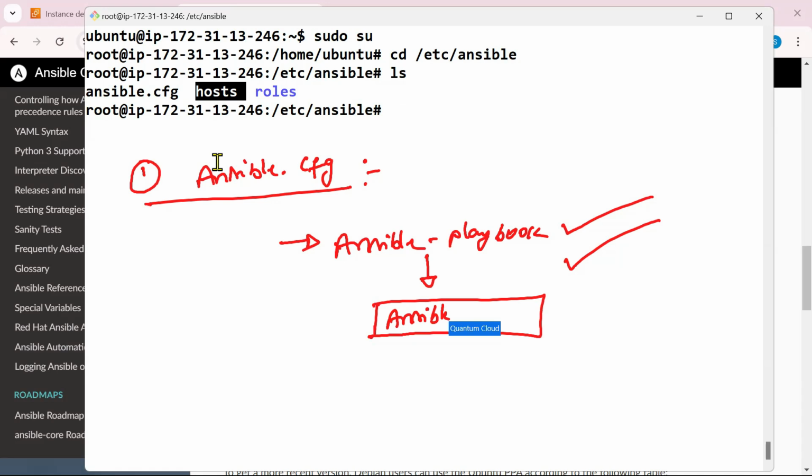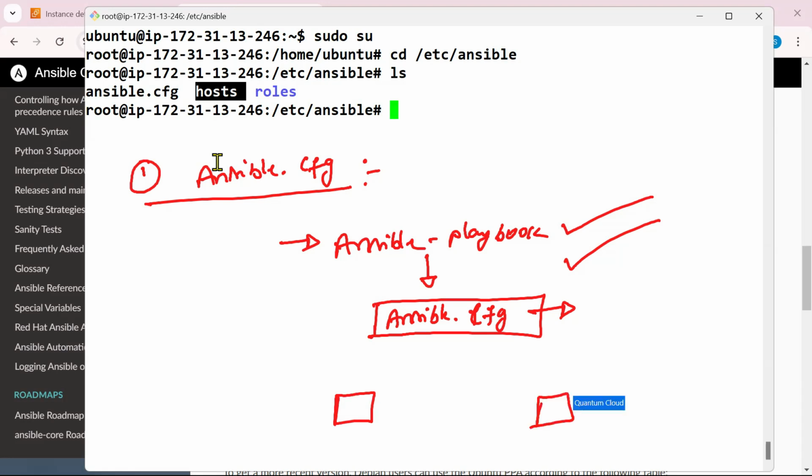Whenever you execute any command in Ansible, the first place it comes to is the Ansible.cfg file, which is used for each and every execution. And based on this file,